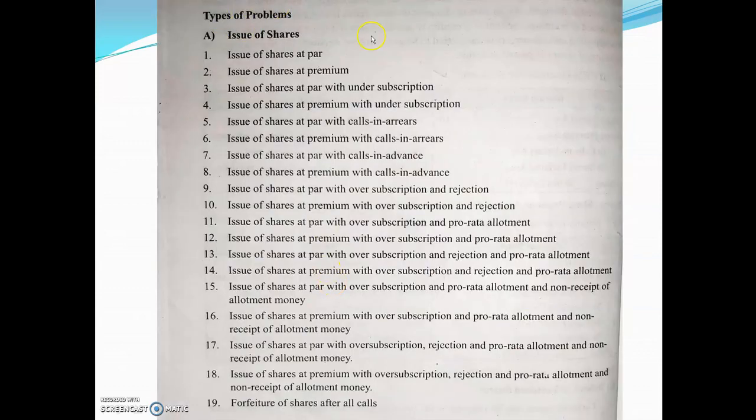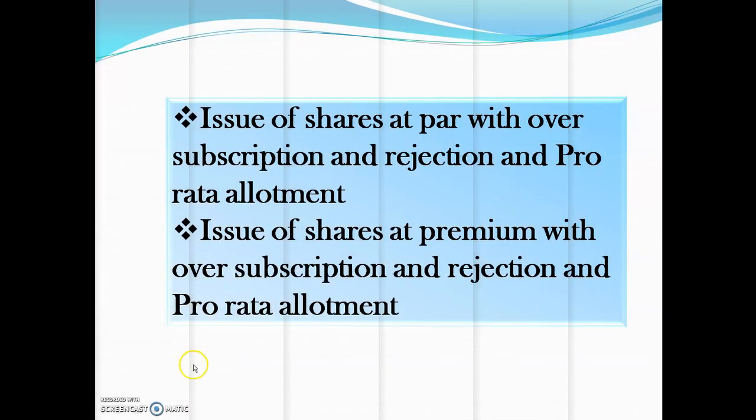See here, types of problems, we have already covered all these points. Today we are on point 13, that is issue of shares at par with oversubscription, rejection and pro rata allotment. Okay, fine. Now see the first practical problem on issue of shares at par with oversubscription and rejection and pro